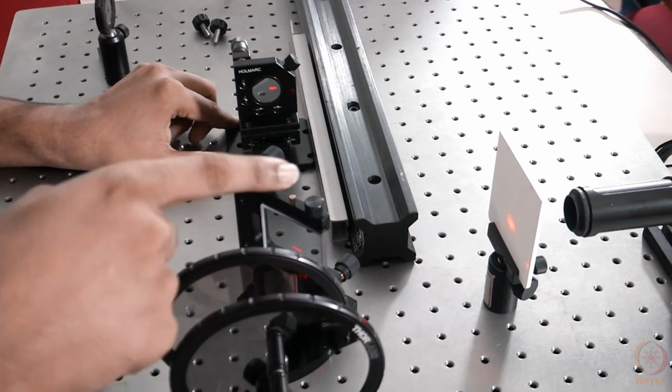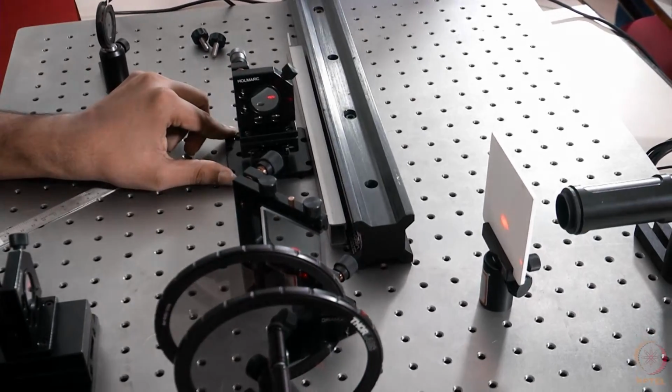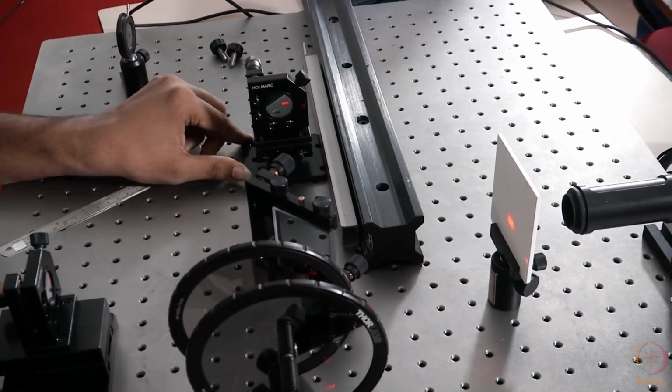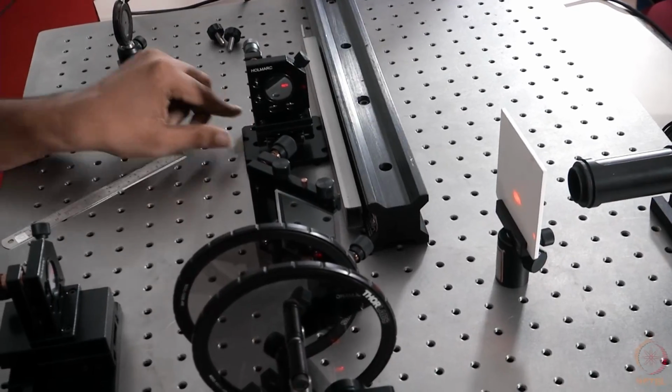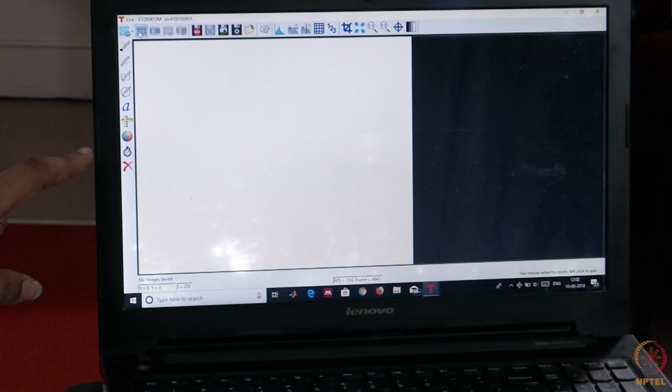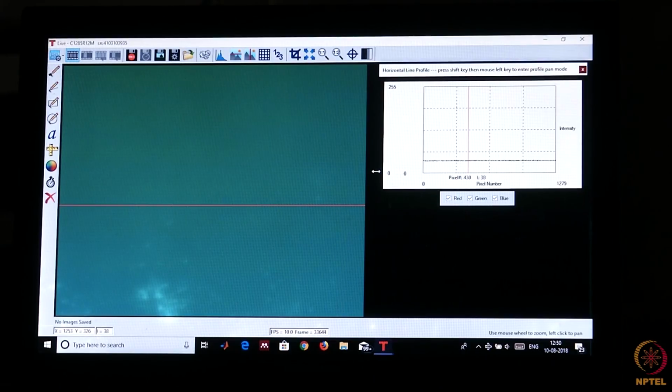capture the interference pattern on the camera, and by analyzing the image, you can calculate the line profile using this software. From this line profile, we can calculate the visibility using the formula I max minus I min divided by I max plus I min. As I mentioned before, we will start the experiment with equal path lengths. Here path length 1 and path length 2 have the same value, approximately 15 centimeters. For that we see a clear intensity pattern on the screen over here.